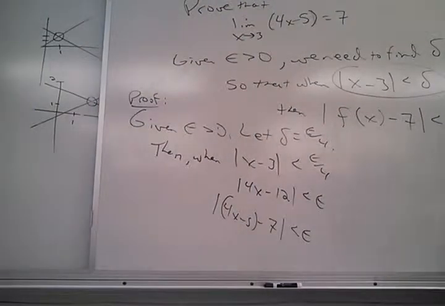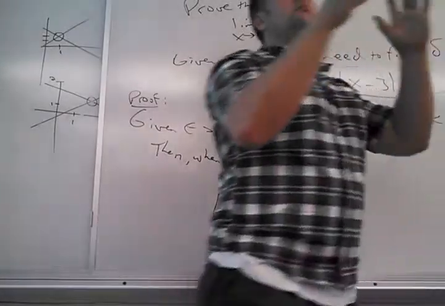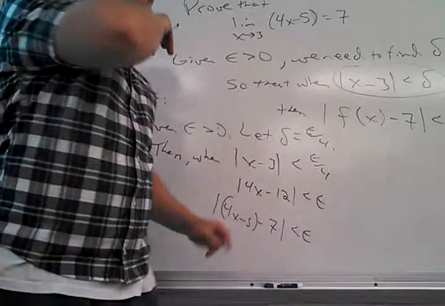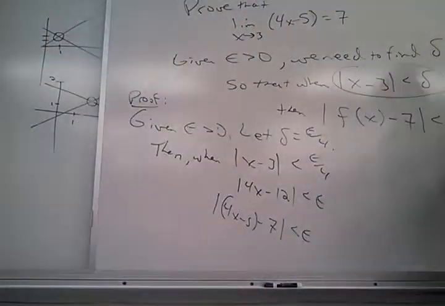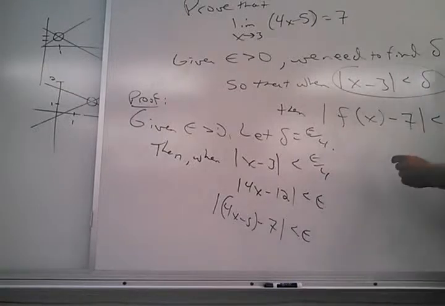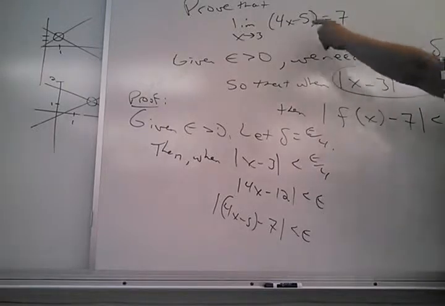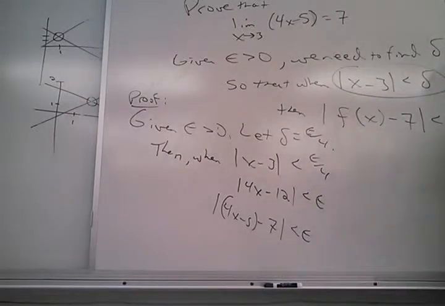The key here is that no matter how small epsilon gets, and that's actually the key, but to show this in a concrete way, if I let epsilon be 8, then what's delta equal to? 2. Yeah, 2. Which means if I am within 2 of 3, so if I'm from 1 to 5, my outputs will be within 8 of 7. So from 8 in both directions or 8 combined? Yeah, 8 in both directions.